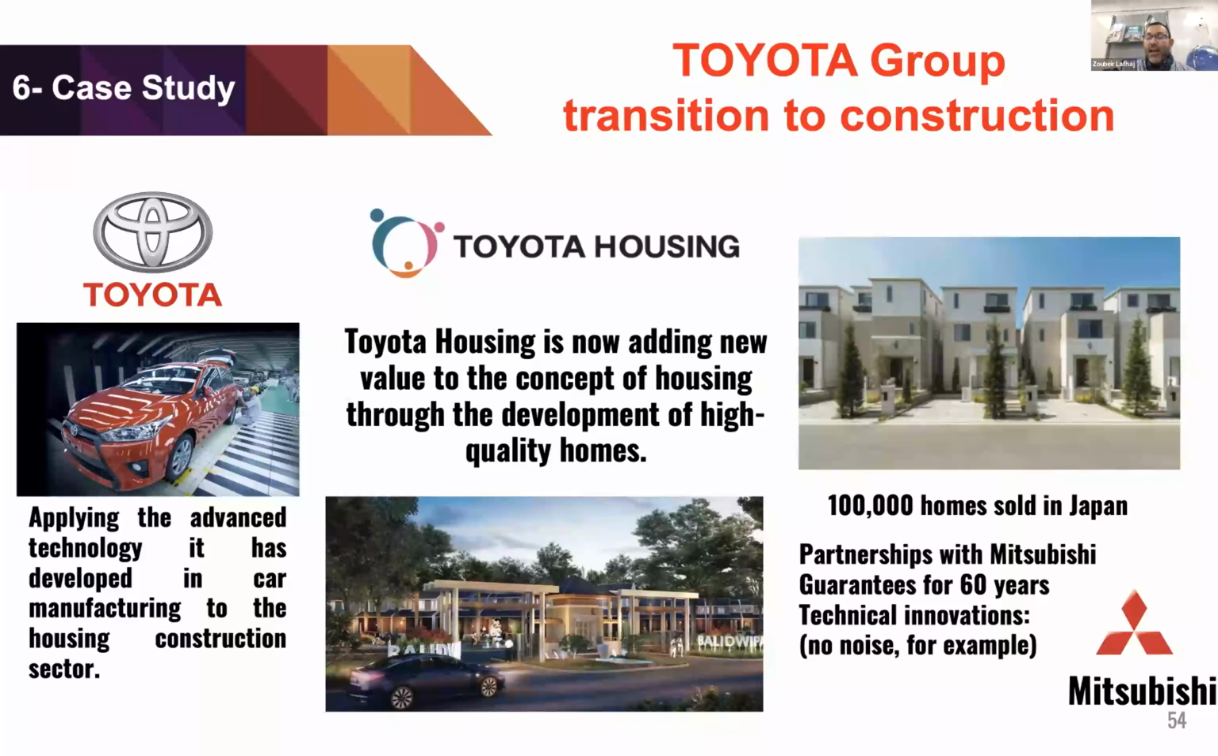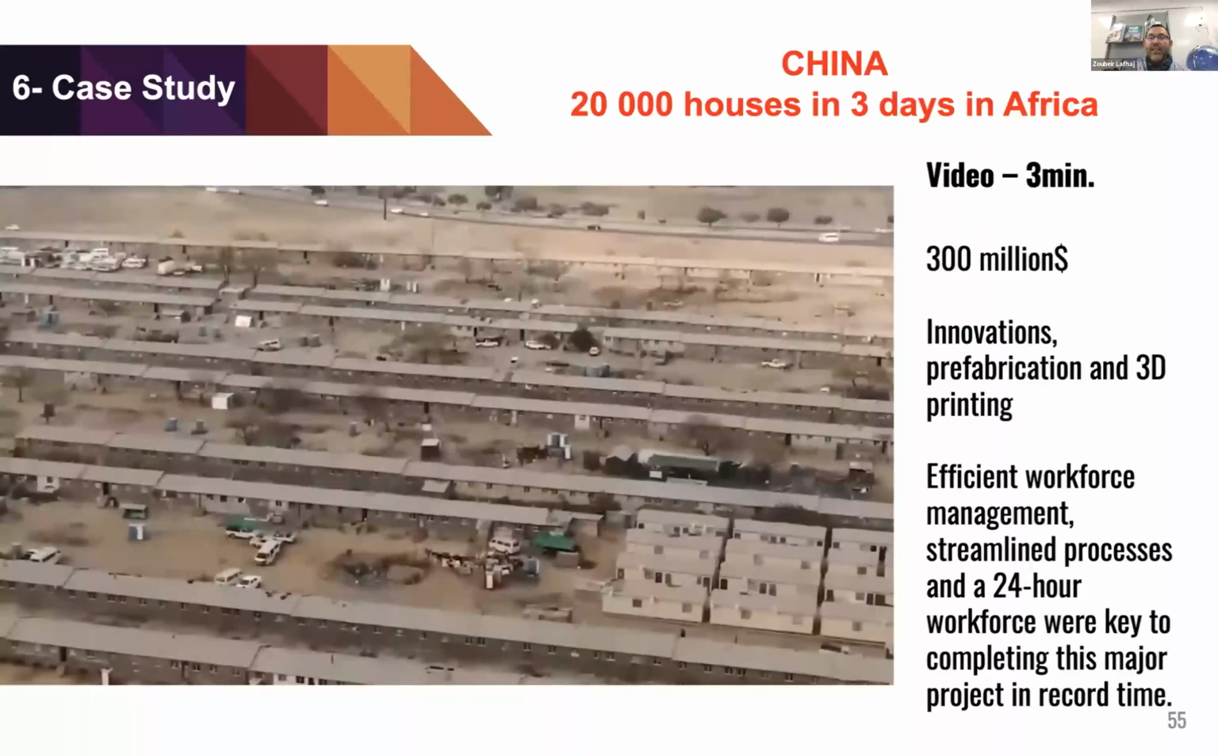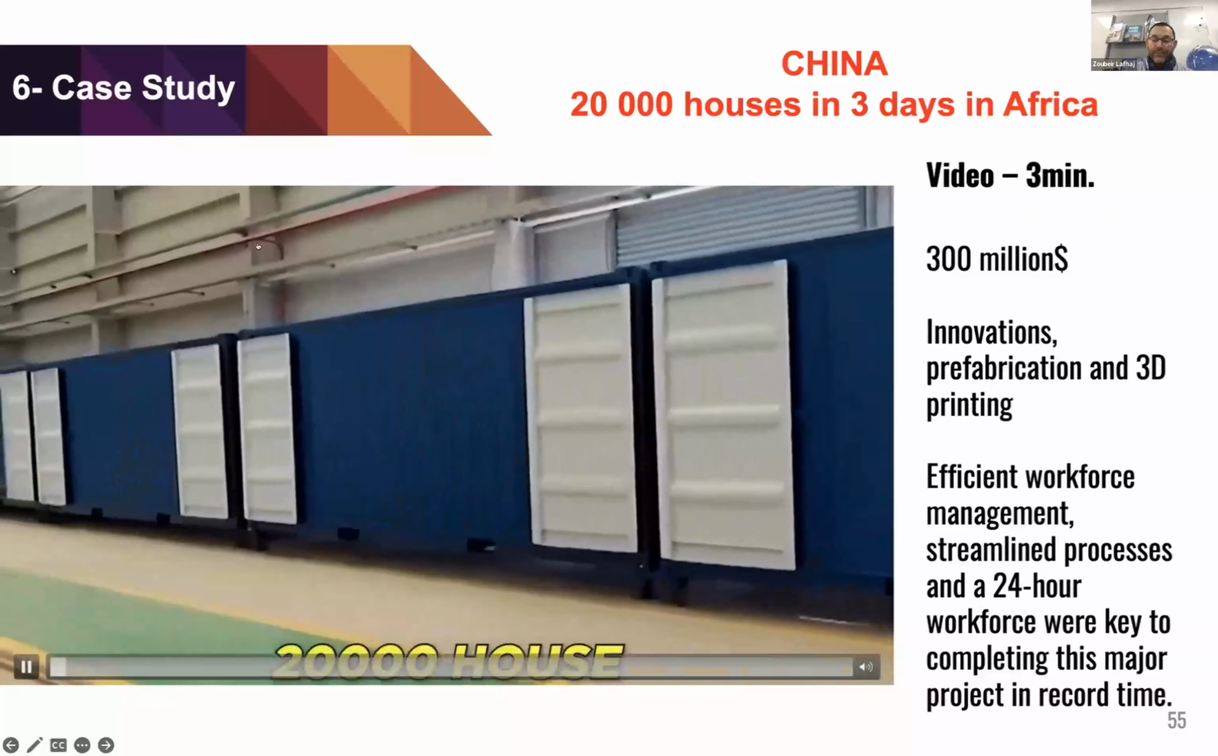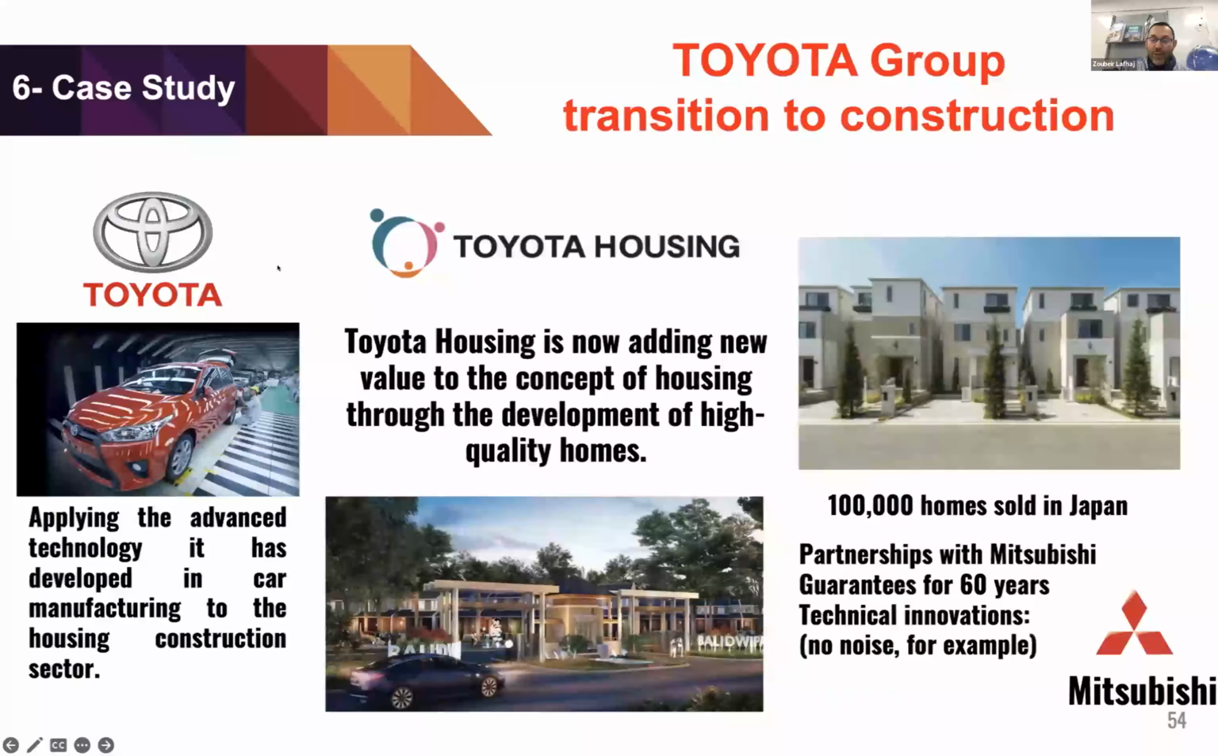More than 100,000 homes sold in Japan, with a partnership with Mitsubishi, guarantees for 60 years, technical innovation, no noise, for example. In 3 days, let's see this constructed example in China: 20,000 homes in Africa. Sorry, I will be back. This is the example in Japan, which is very well known, with even a vision of a city in Japan,